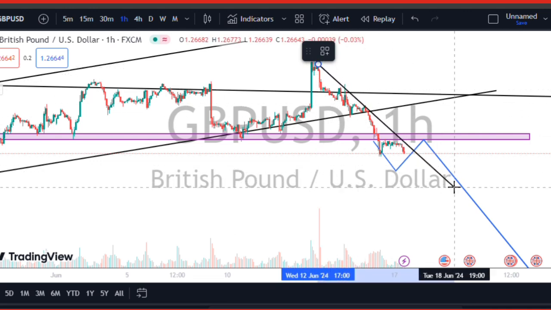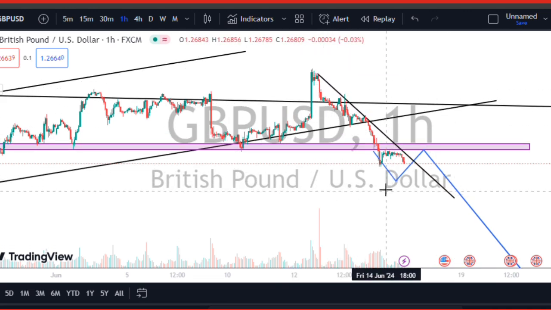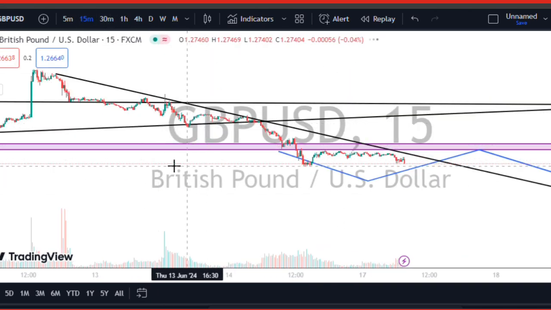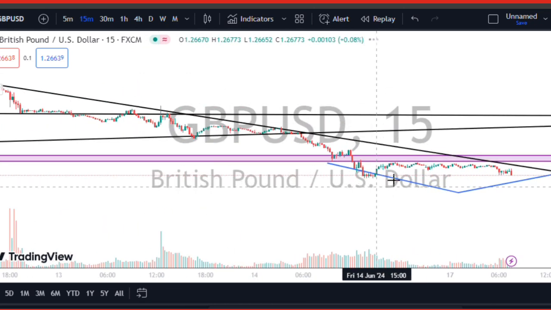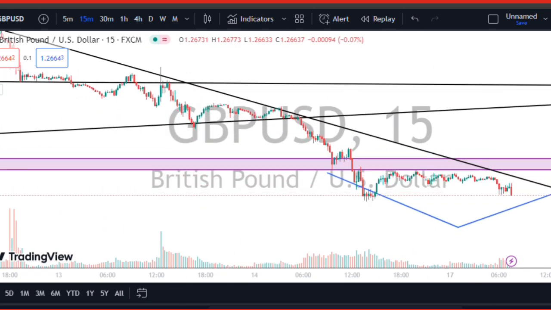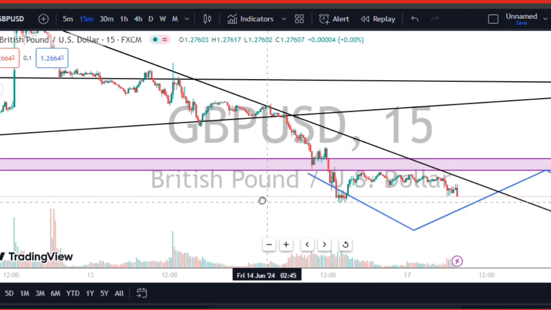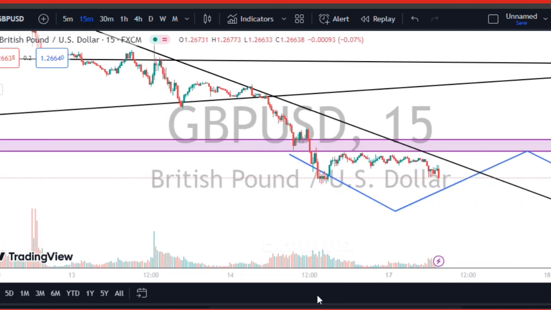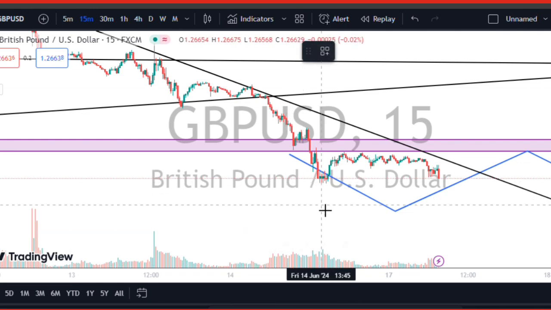This is a valid trend line. As you can see, let's go to the 15-minute time frame. We want to get an entry opportunity in this market right now. So I'm on a 15-minute time frame, and on this 15-minute time frame you can see this market